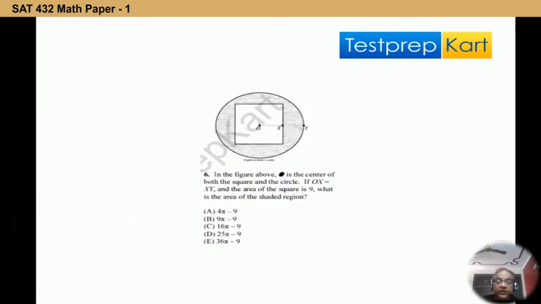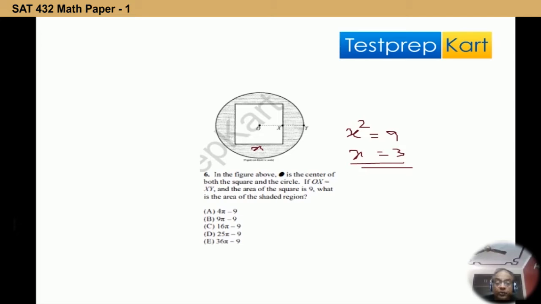In the figure, you can see that OX is given as equal to XY. And the area of the square is 9. So when the area of the square is 9, that means if each side is X, then X square is equal to 9. That gives me X as 3. Now if X is equal to 3,